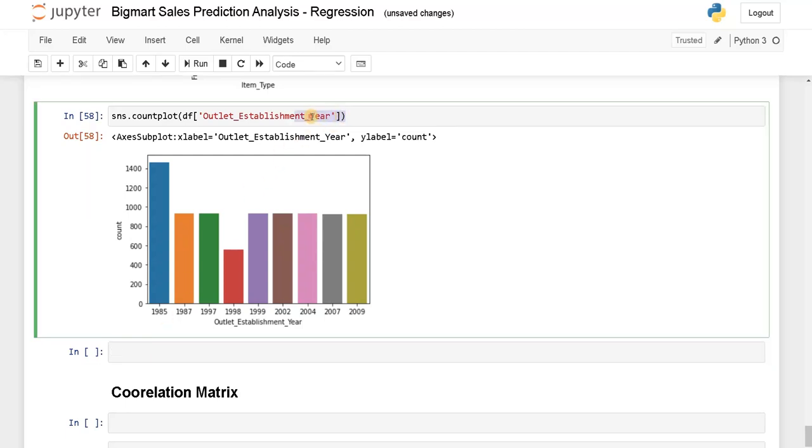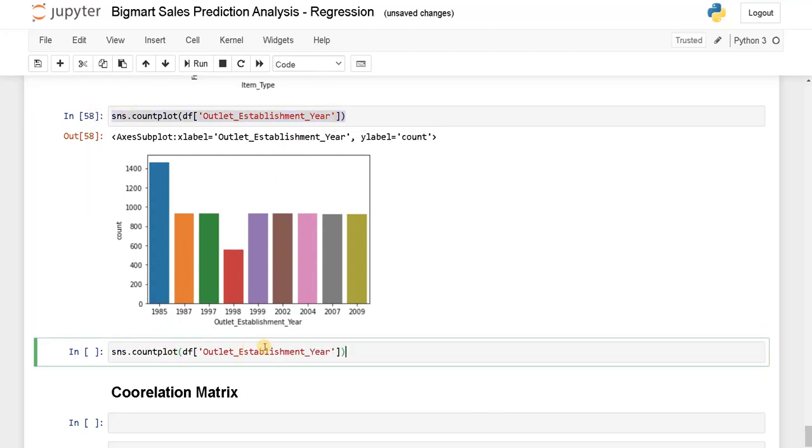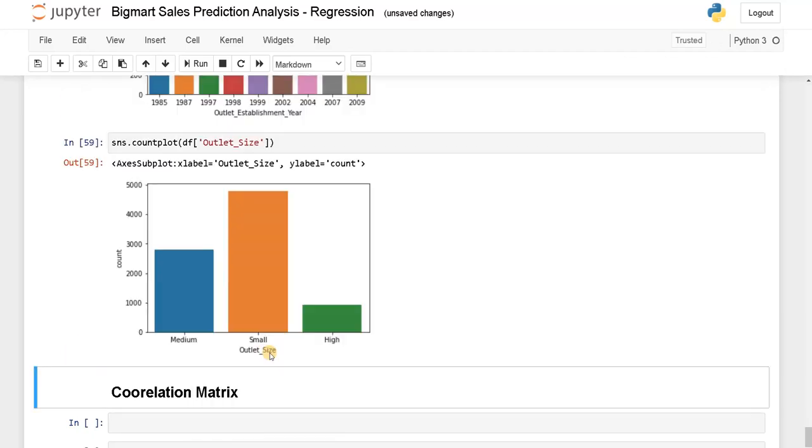Let's go for another one. Outlet size. Now most of the outlets are small, medium is only around 3000, and high is so less, it's around 900 only. So the large amount of stores are small stores, only few of them are bigger.